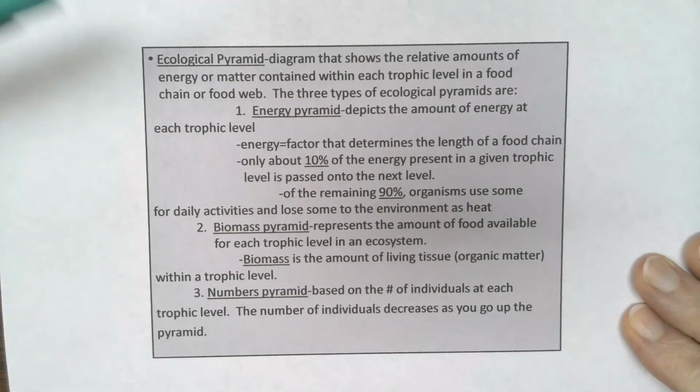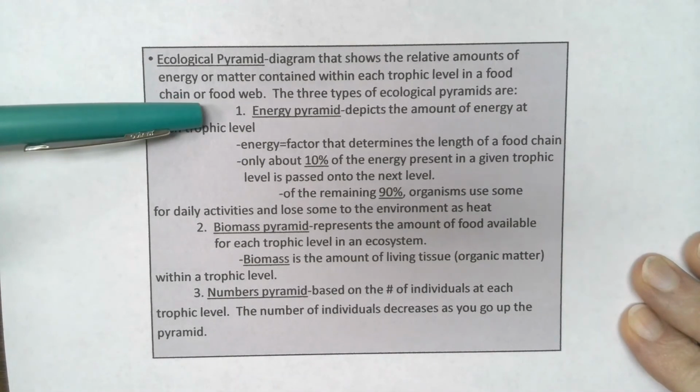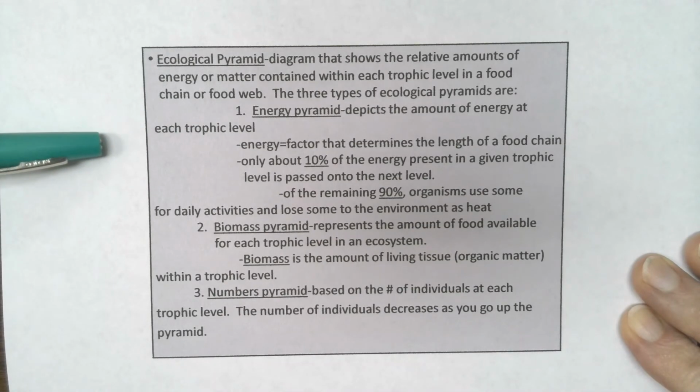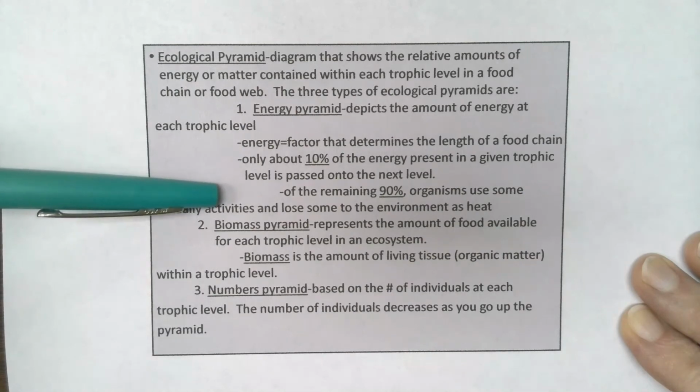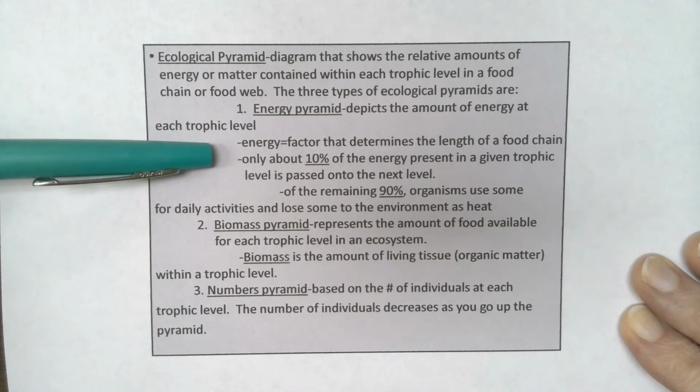So let's start with the energy pyramid, and then I'm going to jump back to that other picture, to either the food chain or the food web. An energy pyramid is going to depict just that, the amount of energy at each trophic level, okay? So energy is the factor that determines the length of a food chain. That's why I said quaternary consumer is about as far as you can go, and we'll give a mathematical example in just a minute. So only about 10%, that's just your rule to go by,